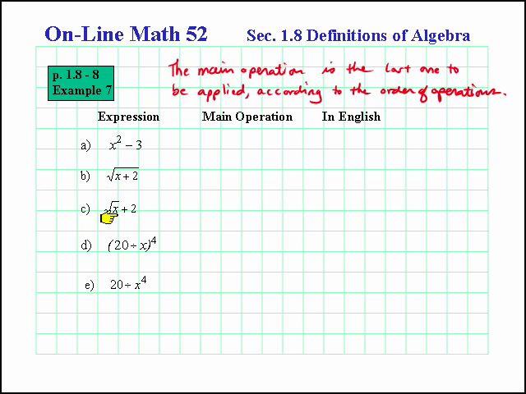And compare that with letter C. Here, the plus sign is not within a grouping symbol. It's done last because it's not grouped. This grouping symbol, the radical, the square root, would actually be done first. We'd apply that first. Now, we can't apply it because we don't know the value of x. But we think of this as if we could. If we could apply these operations, the square root and addition, then we would do the square root first because there's no